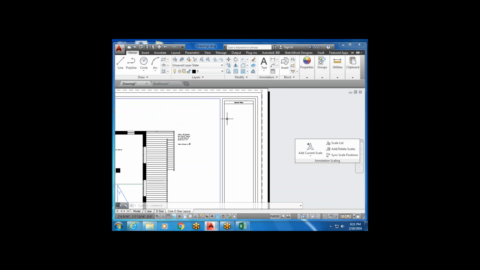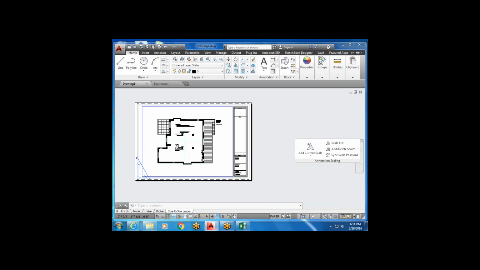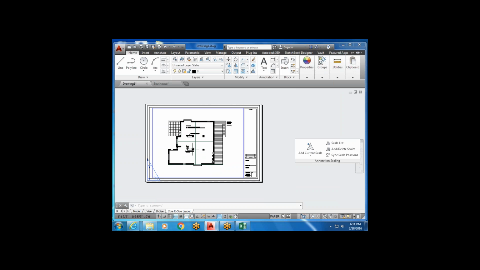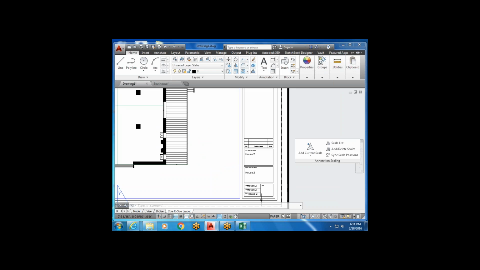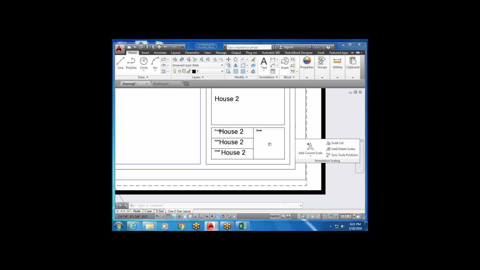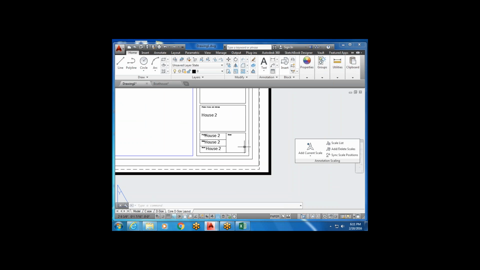In the notes, there's nothing really for you guys. That's quite a big notes field, but it works for what we're doing. So we've done the first part of our homework. We've created core D size layout. Now the nice thing is, once you fill in this information once, besides the sheet number, you should be able